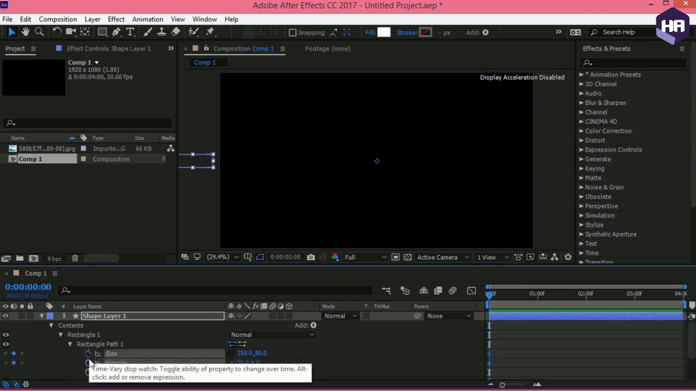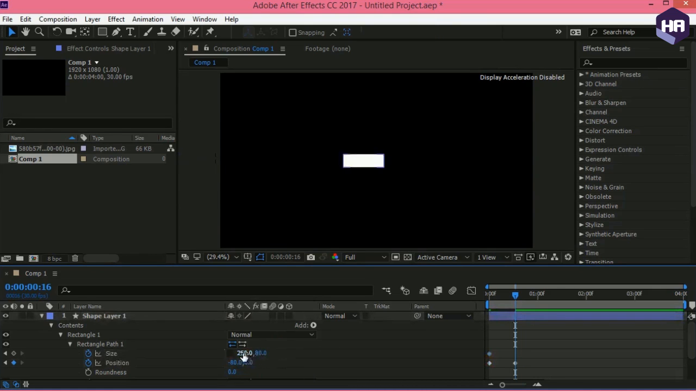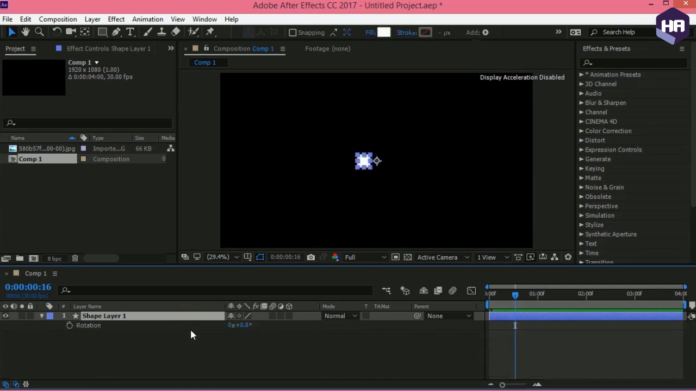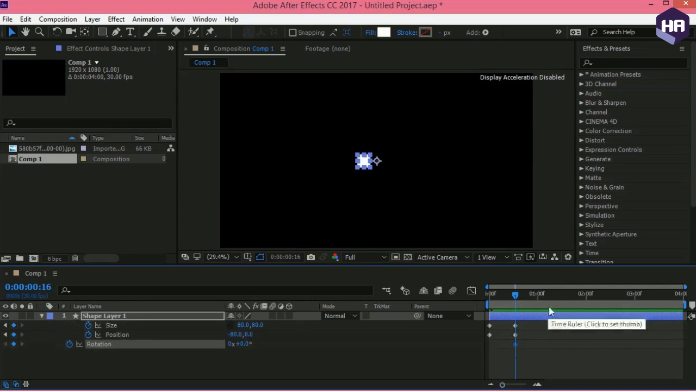Go around a few seconds forward and change the position value to be -80, and go to the size and change the first value to be 80. Now select the shape layer, press R to open up the rotation property and add a keyframe, press U to open up all keyframes, go around a few seconds forward